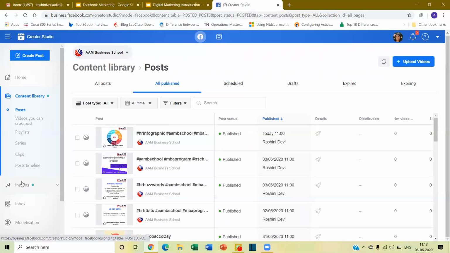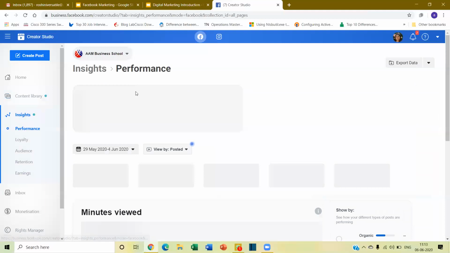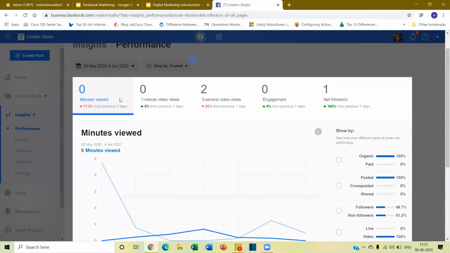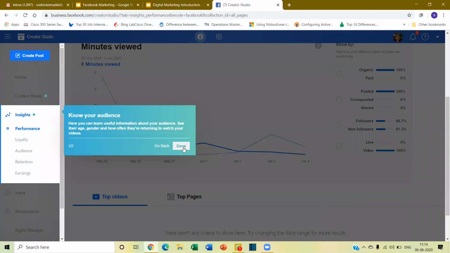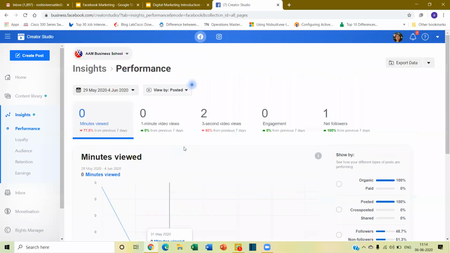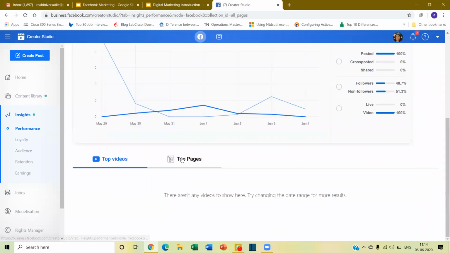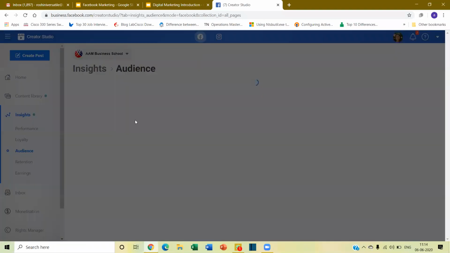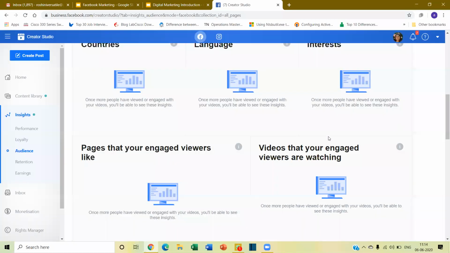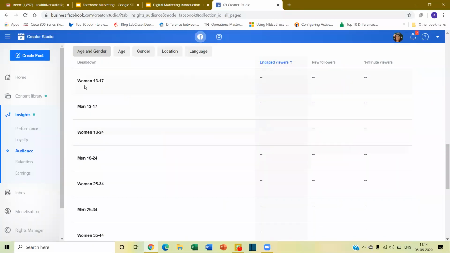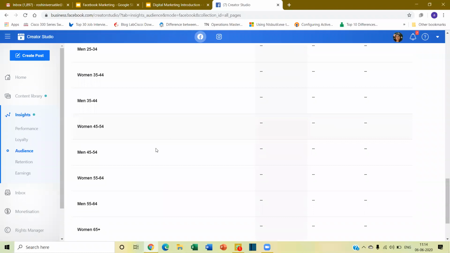And then you can even go to the insights also. So this is the insights, basically: what is the engagement we have and all that. This is the audience that we are connected with.